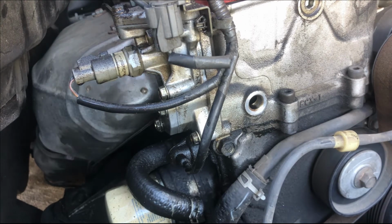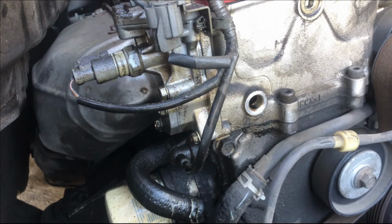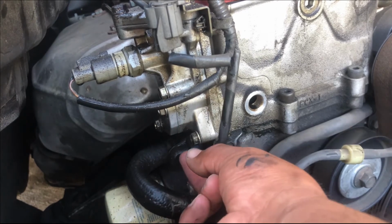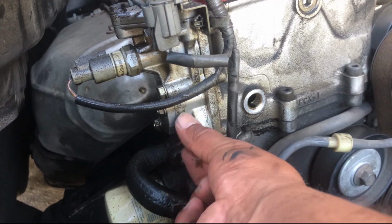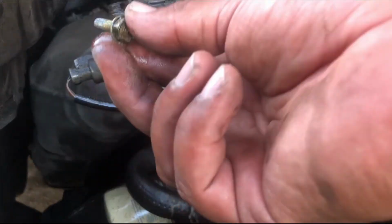Now, if you guys have a clean engine bay, not like me, you might want to put some towels down here, because as soon as you remove the T.C.T, a little bit of oil is going to come out. So, as you guys can see, it's already leaking. That's one, two,